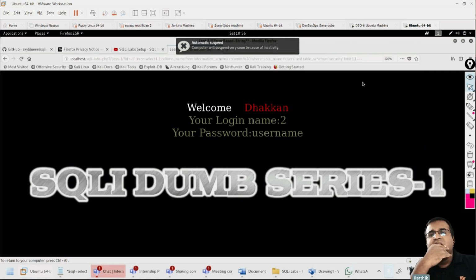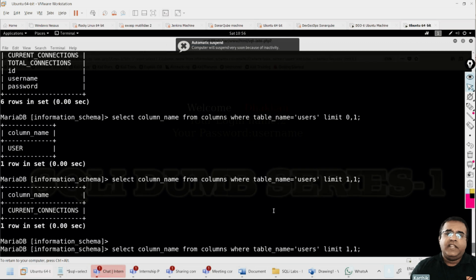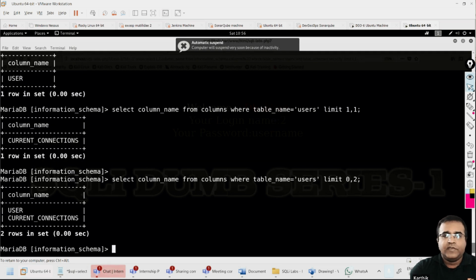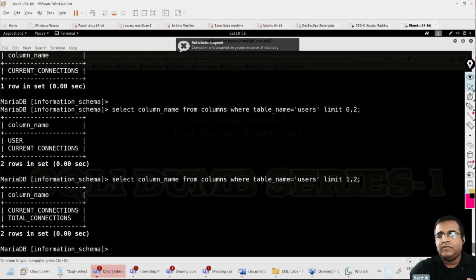Yeah, so now I got the second ID that is specified out there. Similarly, if I give 0, 2, it will print 2 lines from the top. If I give 1, 2, it will print line number 2 and 3. That is what is happening out here.